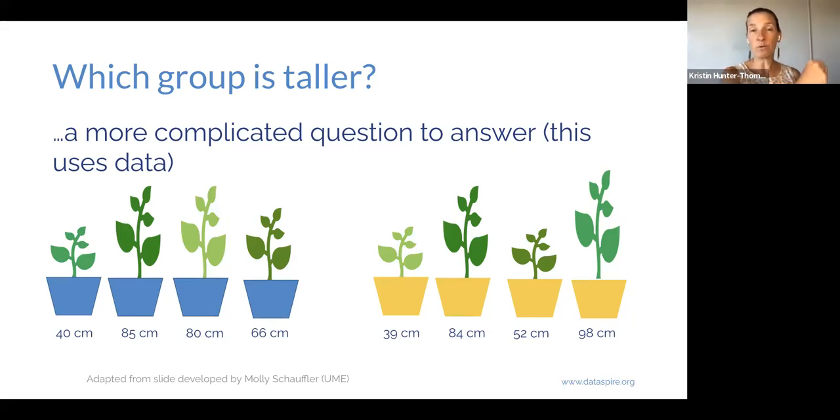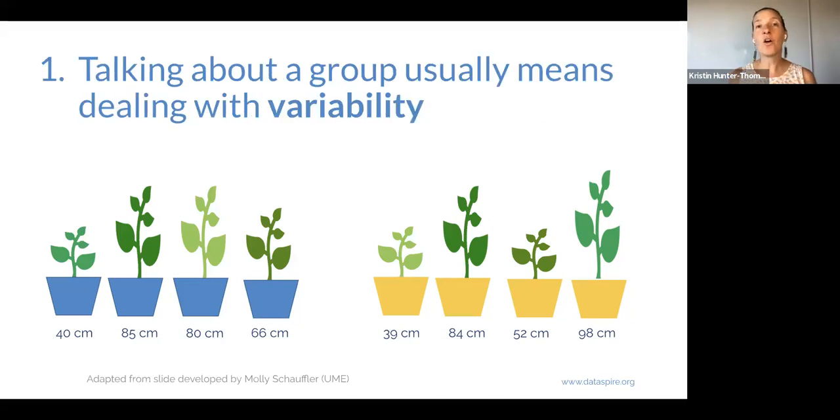The same way, once we have a group, we have data, once we have multiple numbers or multiple images or multiple words that we are using to describe something, a group, a system, a phenomenon, we have data and we need to make some decisions. The computer can't make the decisions, AI can't make the decisions. A human has to make the decision as to what we want to do, how we want to go about answering that question.